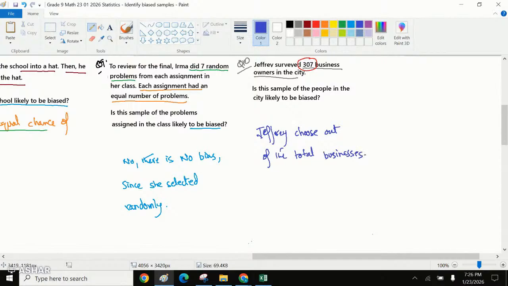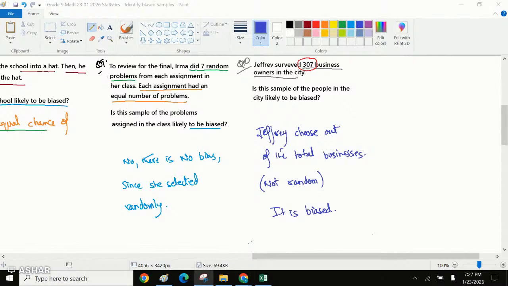Right? So once he is choosing, it's not random. This is not random, and anything that is not random is biased. Okay, do we agree on this? So this selection would be a biased selection. For the next question, we can say that,